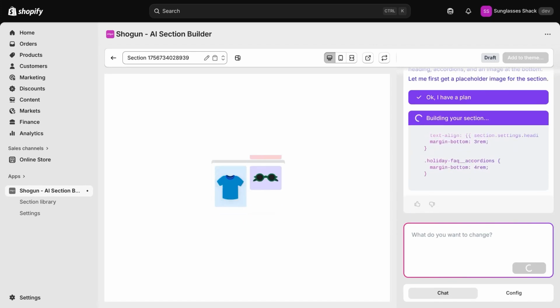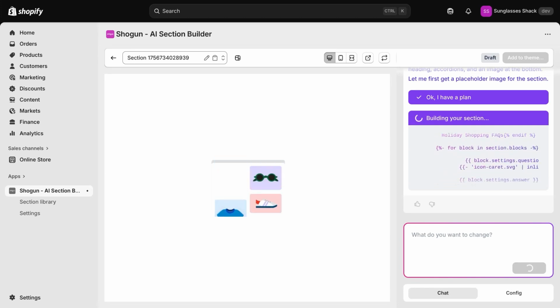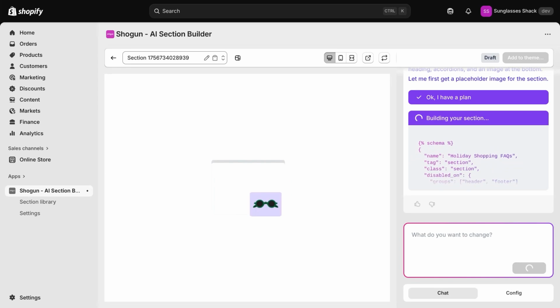Our prompt reads, build a section for my holiday shopping FAQs. It should have a heading with accordions at the top and an image at the bottom. As you can see, we're pretty clear about where we want each element of this section to go. The app is fully capable of following detailed instructions like this, so if you're able to picture the exact section you want in your head, you can just describe it here and then watch the AI section builder bring it